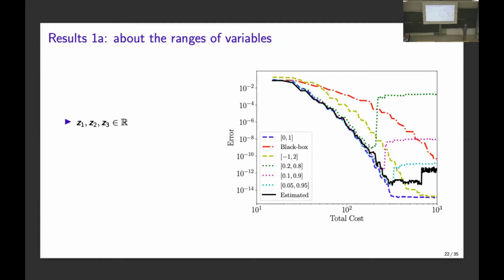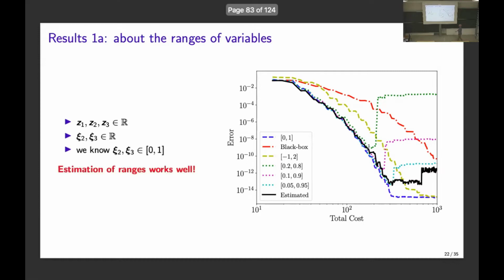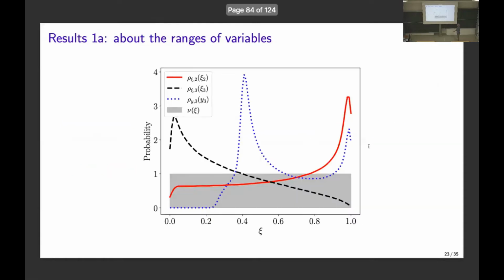The point where I see the problem depends on how large my interval is. If the interval is [0, 1] and I take [0.05, 0.95], unless I want to push it to really good tolerances, it doesn't really matter. If I'm sloppy in estimating the interval, I get drifted away earlier on. That's fair enough, because at this point, sooner or later I will extrapolate, and I have no control over what happens when I extrapolate out of my interpolation interval. So a good estimation of the ranges works well.